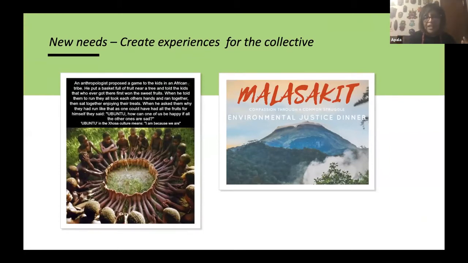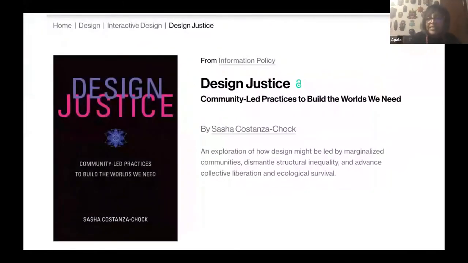I'm not the expert who is going to stand on a pedestal and listen to you, and then come up with my solution. I think the more we shift to these more community-oriented ways of thinking, the more we enable voices of those who are left out, who are oppressed otherwise, for their voices to emerge. And the movements have started happening. Design Justice, which first came out as a book released by MIT Press, by Sasha Costanza-Chock, who also created a whole network called the Design Justice Network, which actually preceded the book. Nobody knew as much about it as after the book was published.